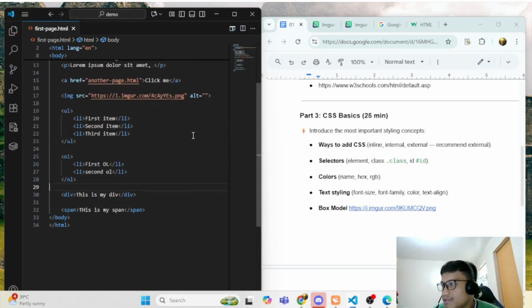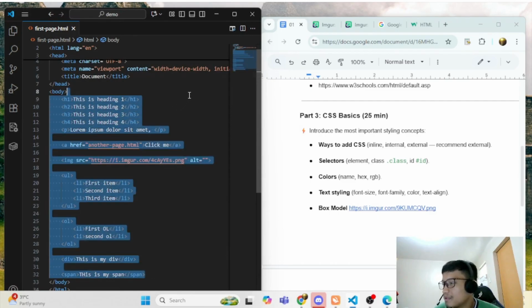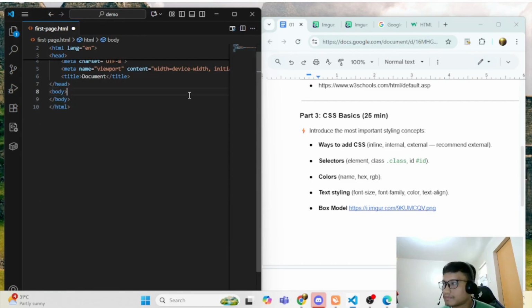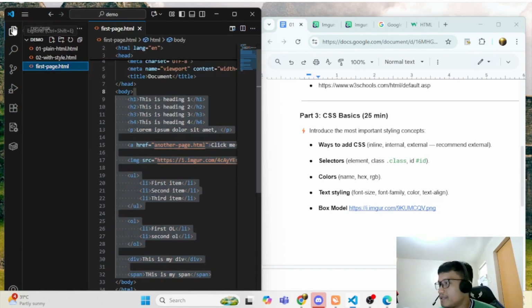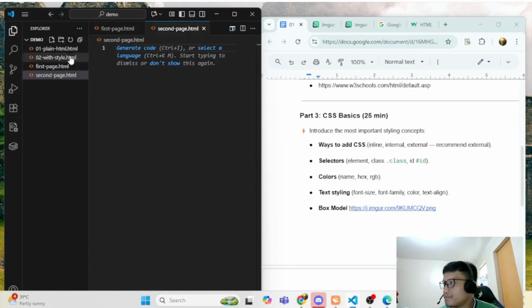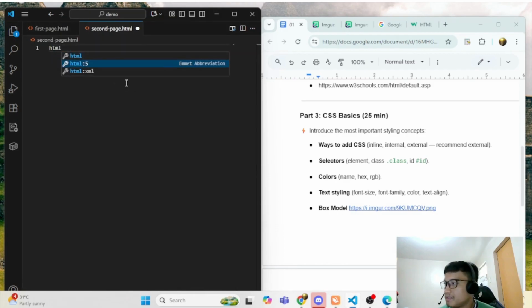Okay, so I'll just remove this. Okay, so I think I'll just add a new file. So let's say new file, say second page dot html. So don't forget the dot html, and then html colon 5.